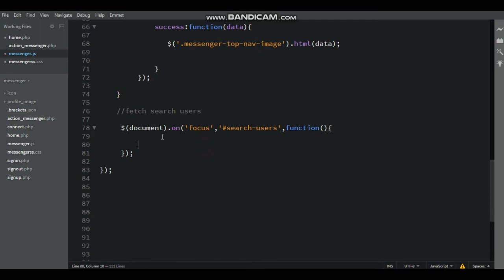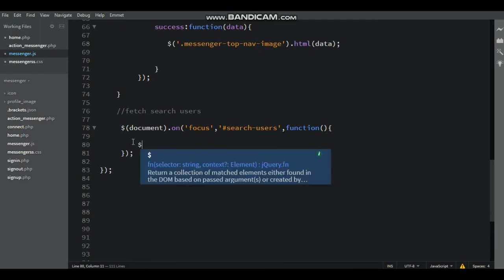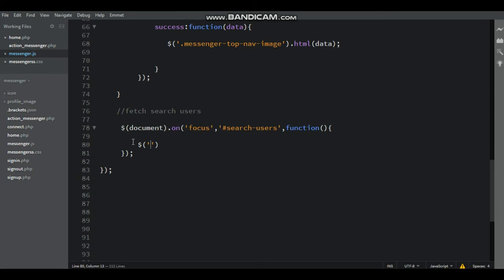Here that is just changes $document on focus comma hash search user.